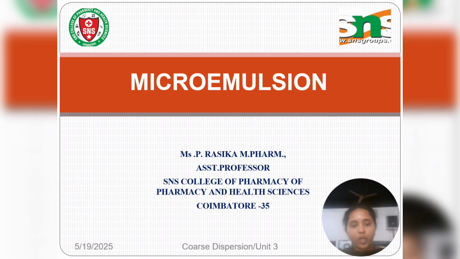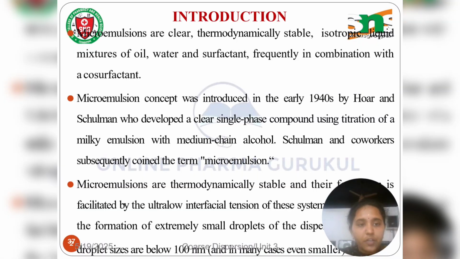Today we are going to see the topic of microemulsion. Introduction: microemulsions are clear, therapeutically important, stable emulsions for the preparation of pharmaceutical ingredients, and they are thermodynamically stable, clear, isotropic mixtures of oil, water, and surfactant, frequently combined with a co-surfactant. The concept was first introduced in the 1940s by Hoar and Schulman, who created a clear single phase